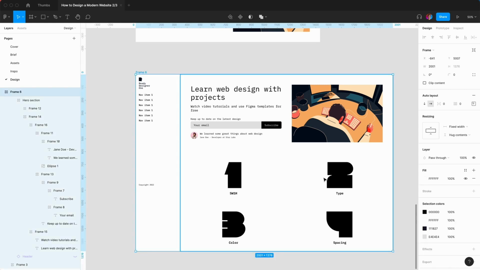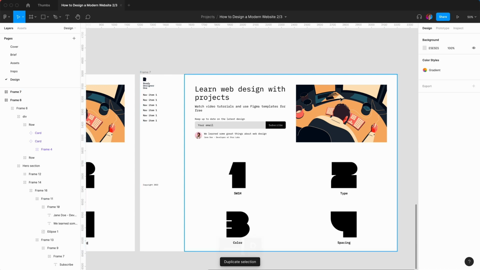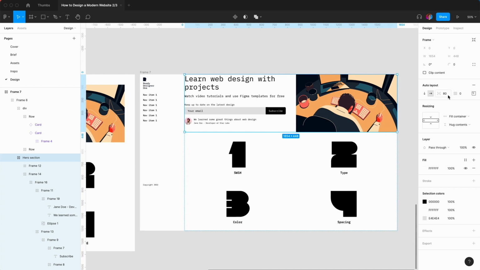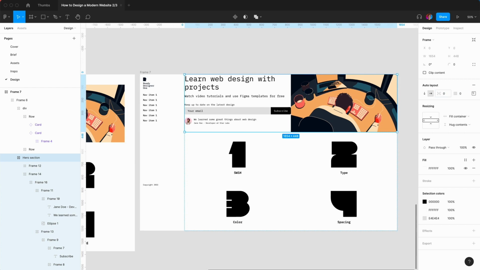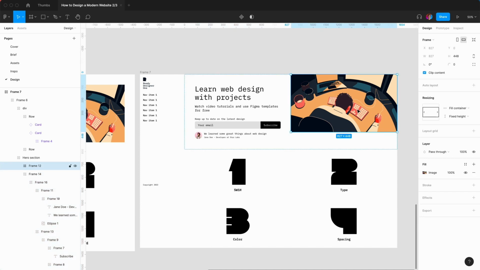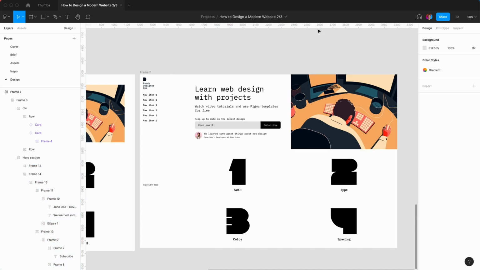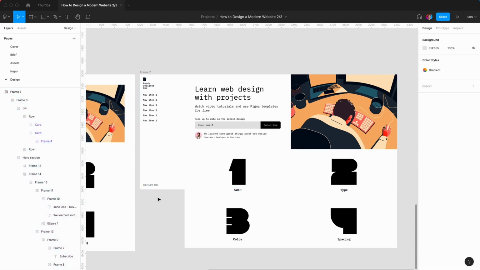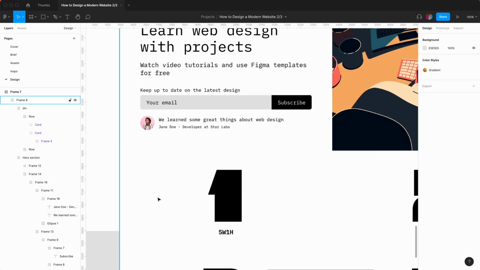And now another concept is we might want this to be full bleed. So if I go here, I get rid of the padding around and I get rid of the spacing between. And this one, I actually want the spacing to be around 80. Nice. And then the image, I actually want that to fill container. So now if I were to just do this, you can see it's nice and fluid. The last thing is you can see here that the content is going out. So we'll be able to show a prototype in a future video of how to present the design.